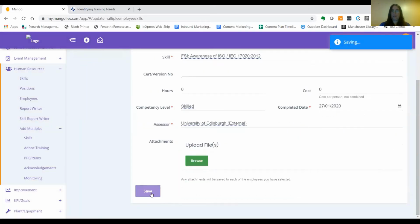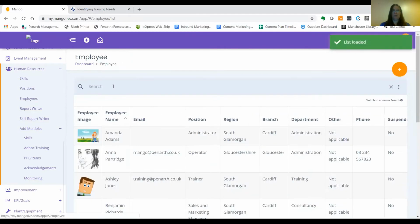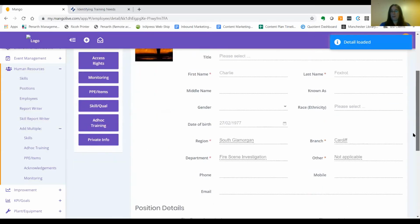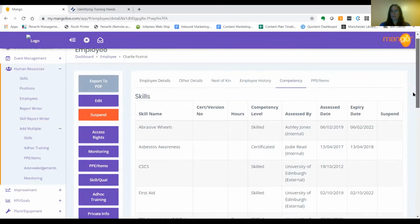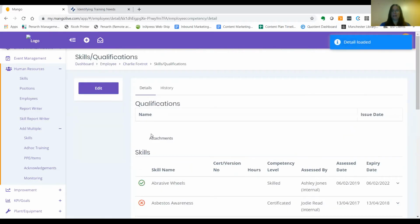And it's as easy as that. If I now go and check the records for Charlie, we will see that his competency shows that this has now changed from unskilled to skilled. I didn't record any time, which is why it's gone down as 0. But it's very easy to amend that as well, or to go back in and subsequently attach